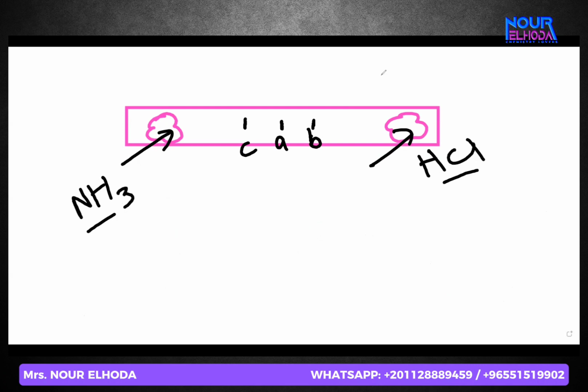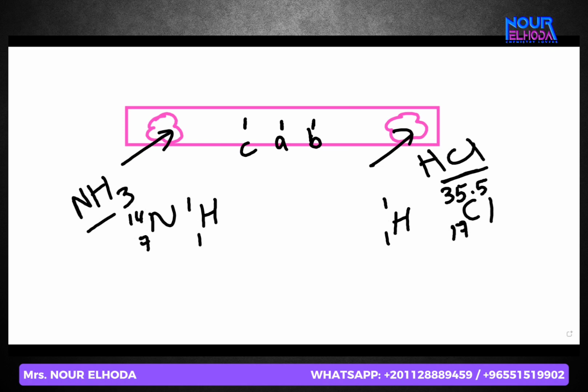Here, which one is lighter? How can I know? From the periodic table. Exactly. From the periodic table, every element you're going to find a number. There are always 2 numbers with any element in the periodic table. I'm going to write the numbers for you. And of course the periodic table is already given in the exam. No need to study these numbers.